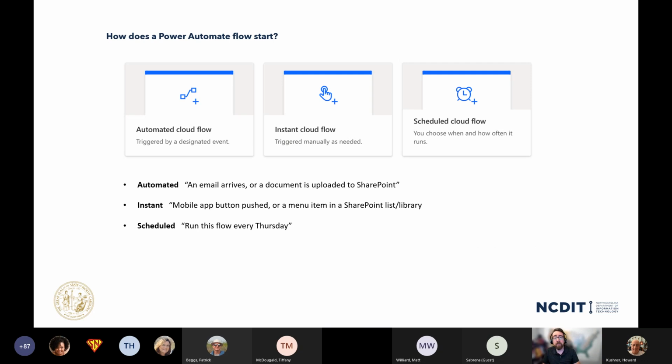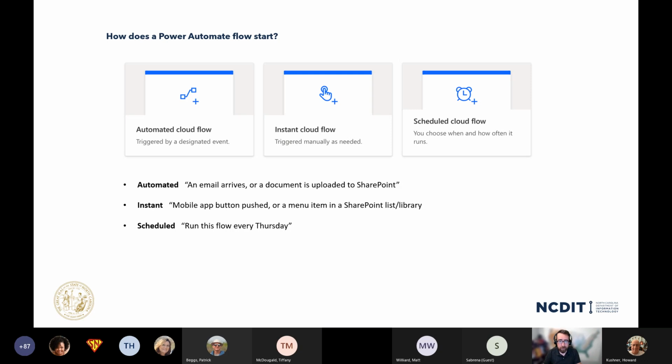So you want to automate a thing. How does it start? What is the thing that kicks it off? What is the event that occurs? Power Automate within the browser itself has 3 primary ways to start automating your thing, whether that's a special kind of way to route an email, or you want a reminder about something, or you want to listen for a new form submission, whatever those are.